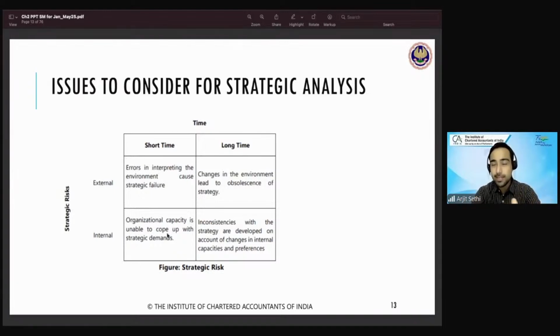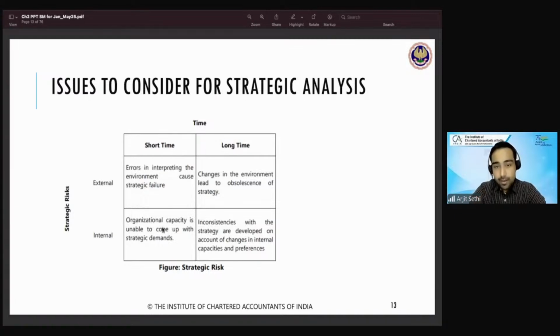That's a short term internal risk to your strategy. If the entire plan, the entire organization goes through a change, then that's a long-term internal risk to a strategy. So you strategize, you will grow 10x in 2 years. The business itself did not fly. The people changed, investors changed, banks started asking for more loans. So the bank said, "I won't give you the loan." Long-term internal risk, things in the organization, internal challenges. These are long-term internal risks.